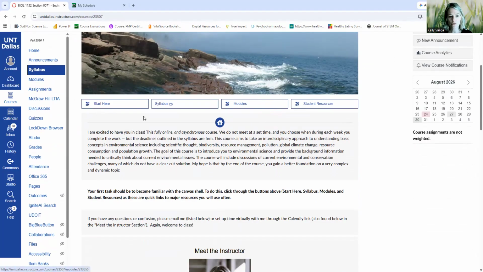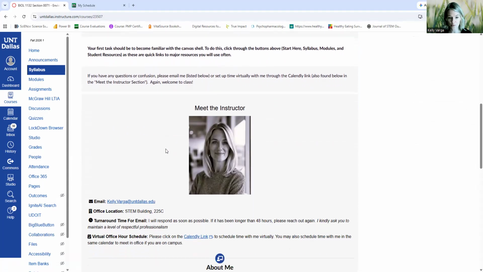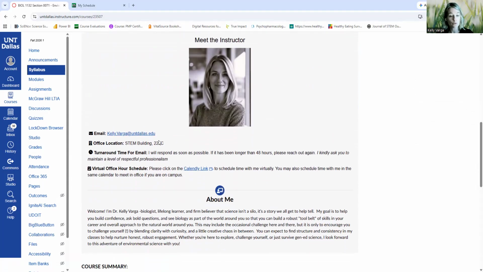So you'll notice here there's some tabs. The first thing I want you to do for just today and even tomorrow is just become familiar with this course. Click on the Start Here button. Read through this opening page, right? You'll see a picture of me. You'll see how you can get in touch with me via email. You can click on the Calendly link to see how you can schedule and set up 15-minute office hour visits